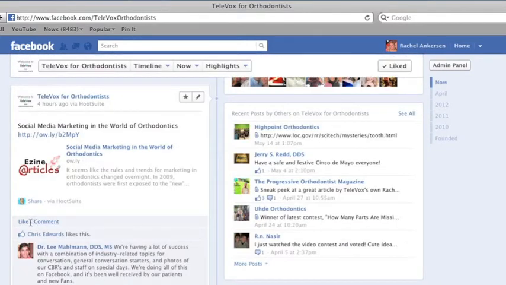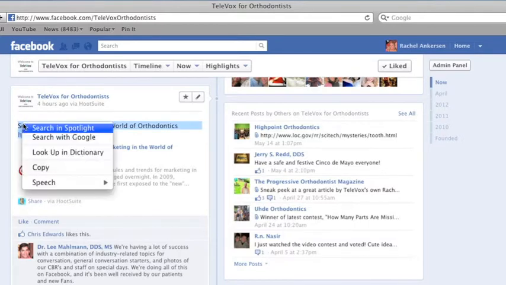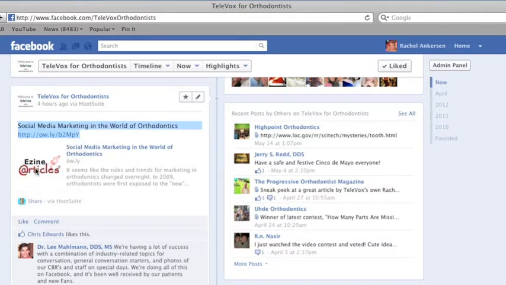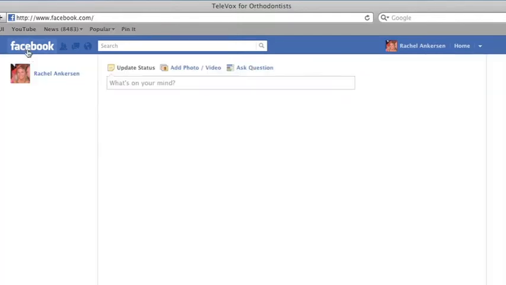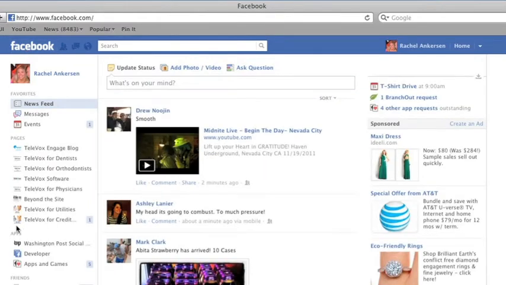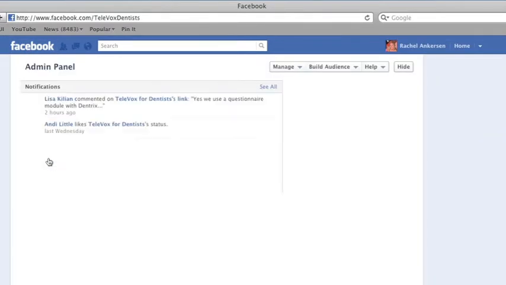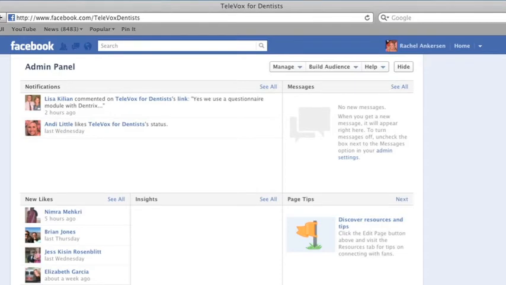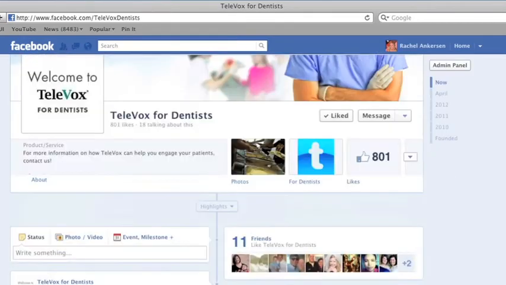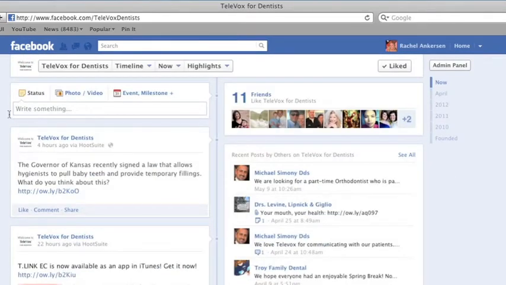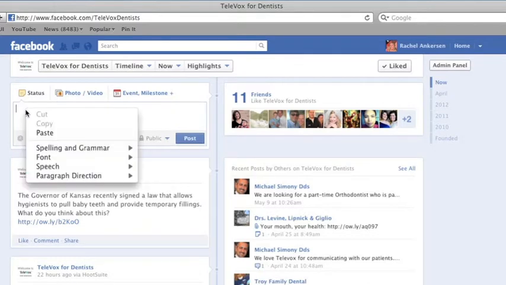So what I'm going to do is take all of this and copy it. Then all you have to do is go back and just go to one of the pages that you admin for your business, and then go to write something and then paste it,